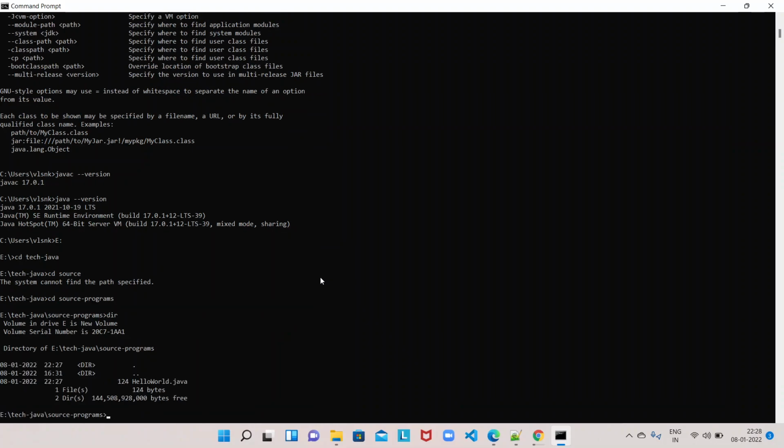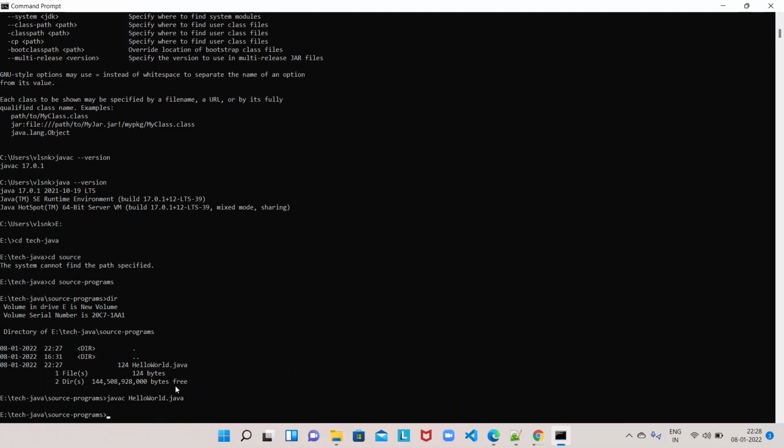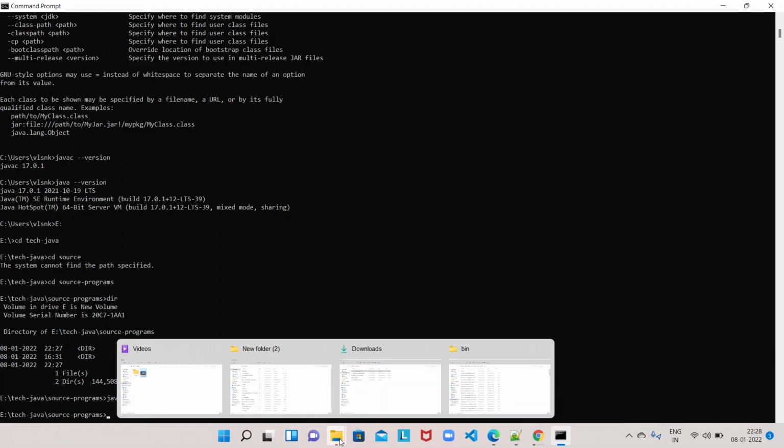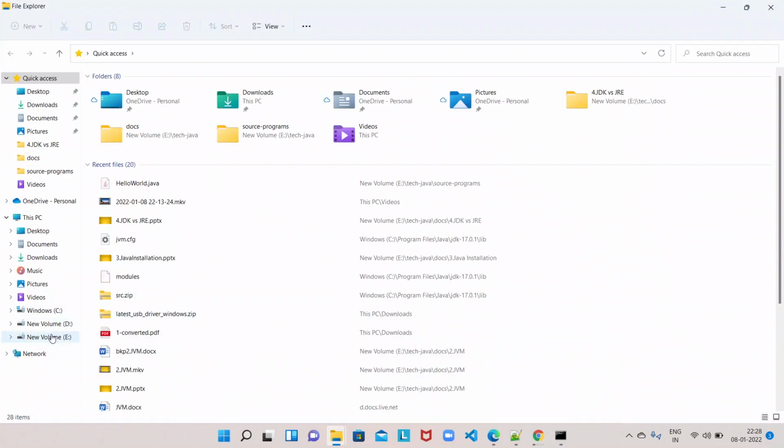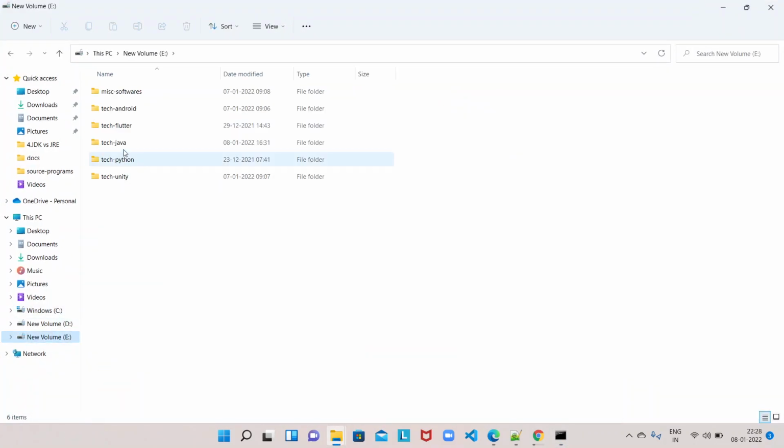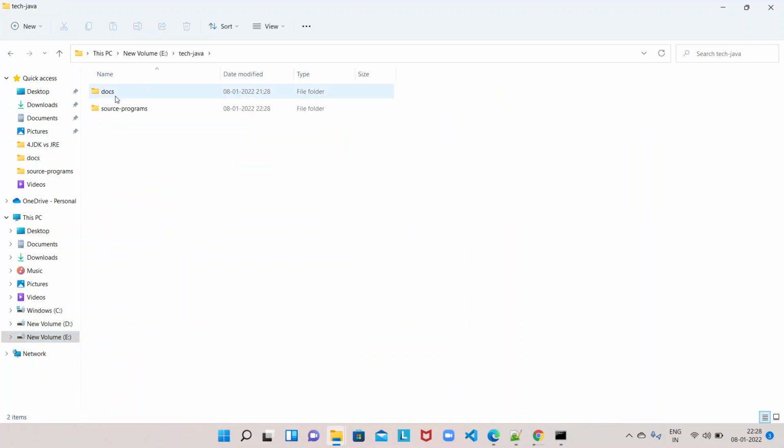If you see here, you can find that file. Here I'm going to compile it. Okay, compilation means it's the process of converting Java source code into Java bytecode. Whenever I execute the javac command on my HelloWorld.java, it generates a .class file.